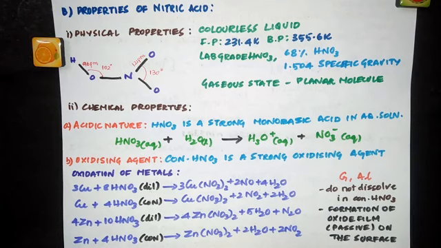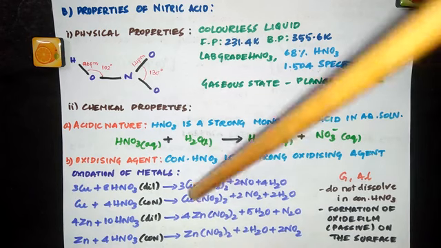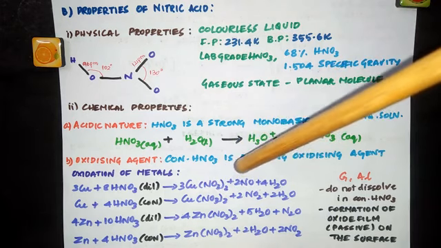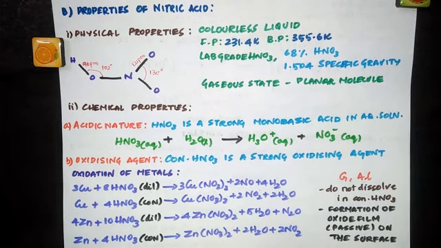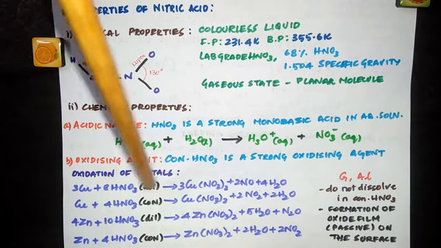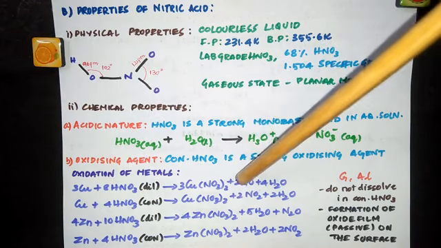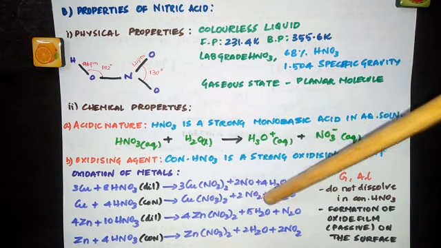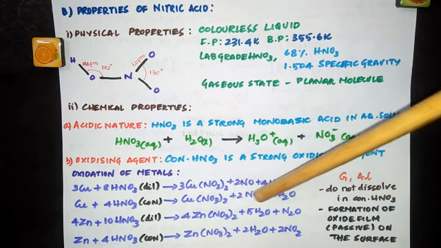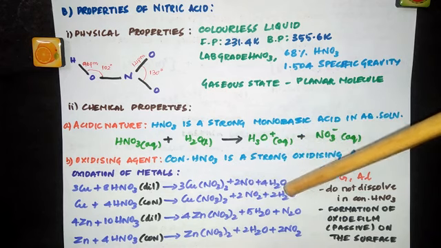So the products of oxidation depend upon the concentration of the acid, the temperature and the nature of the material undergoing oxidation. So first you can take copper. Copper reacting with dilute HNO3, what are the products you are getting? Cu(NO3)2 plus 2NO plus 4H2O. But when you take concentrated nitric acid, copper reacts with 4HNO3 concentrated to give you Cu(NO3)2, copper nitrate, plus NO2. With dilute, it gives you NO. With concentrated HNO3, you are getting NO2 plus H2O.